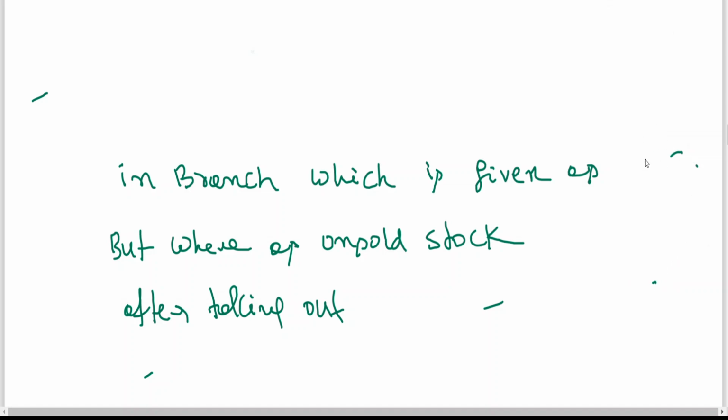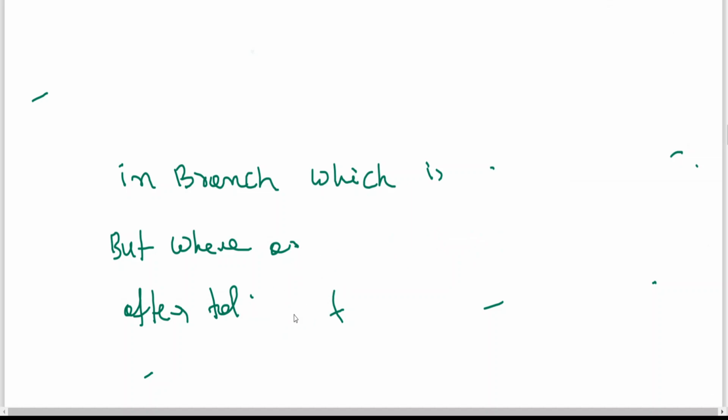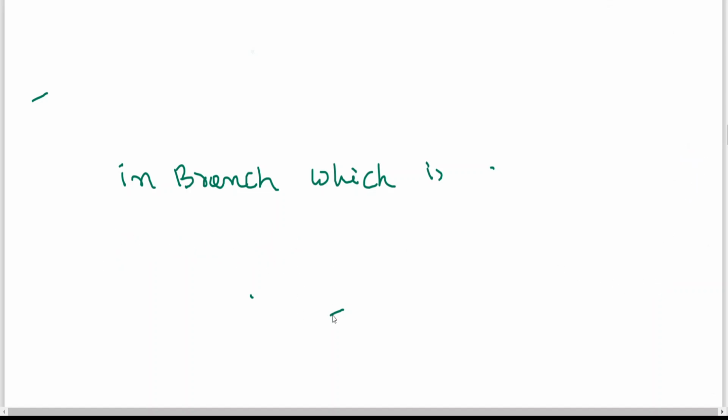Is it correct or not? Goods lost in transit is also to be considered, because at the time of sending the goods, head office assumes that whatever goods have been sent have been sold, but unfortunately due to goods lost in transit, those goods are also not sold. So without selling those goods, how can you get a profit? Unsold stock is not sold, and goods lost in transit are also not sold. That is why when you are calculating unrealized profit, we should also include goods lost in transit. That is the reason why we are having 57,750.